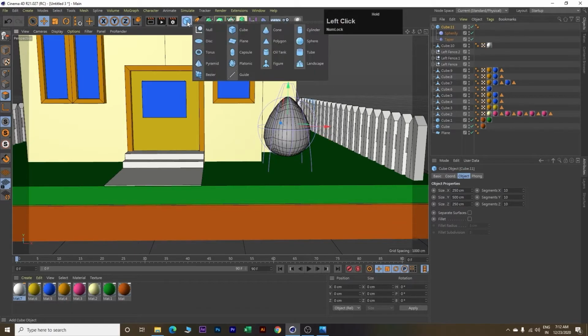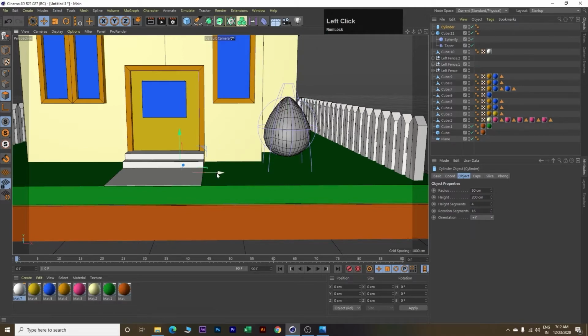Next, we will insert a cylinder. Bring it outside. And reduce its radius as 25 centimeter and place it just below this tree.